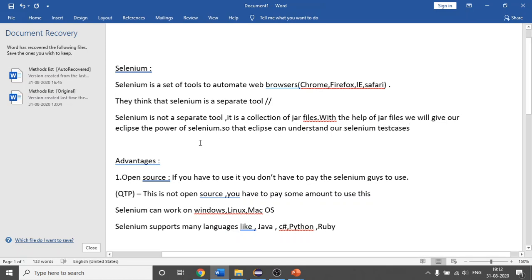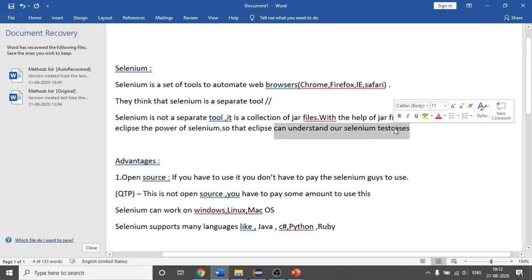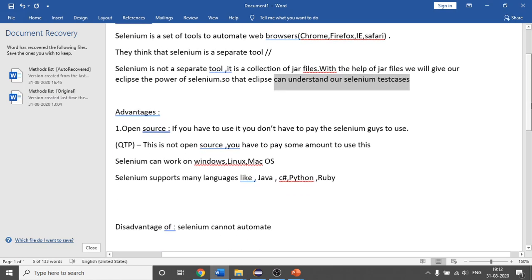Again, I am saying it is not a separate tool. It is a collection of jar files. I will tell you later how you will get these kinds of files. And the next point is advantages.